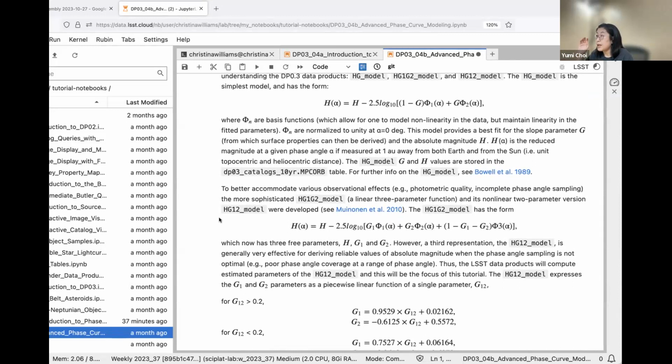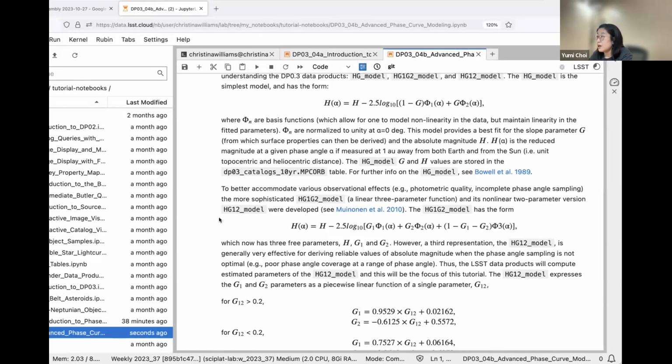So H and G values were used to simulate the solar system objects in the DP0.3. Those truth values are stored in the MPCORB tables as MPCH and MPCG. Those are the two parameters that were used to simulate the solar system objects.